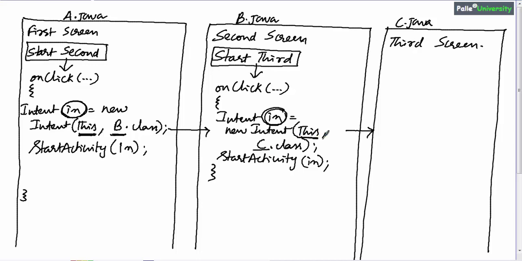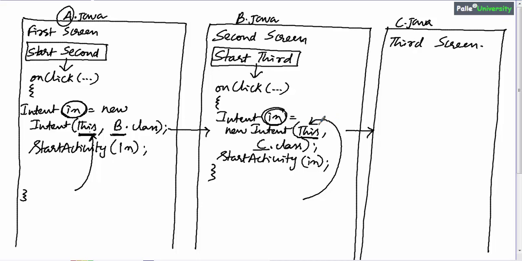But also remember, in button click listeners, this won't work. This will give an error. If you remember toast messages, when you were using a toast message in button click listeners, this was giving an error. So in place of this, what do you have to give? You have to supply your class name dot this. So while writing in the studio, in place of this, I will be writing A.this, and in place of this, I will be writing B.this.